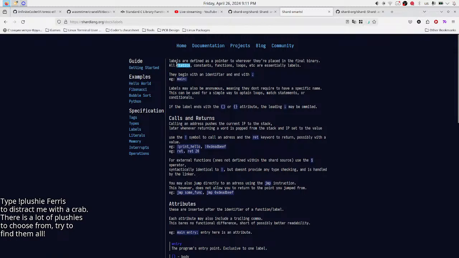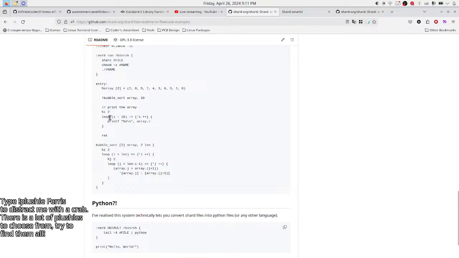So labels. Labels are defined as a pointer. Yeah, makes sense. All statics, constants, functions, loops, etc. are essentially labels. So there was a loop syntax. Is it just an abstraction? It can only infer shard functions and some syscalls.